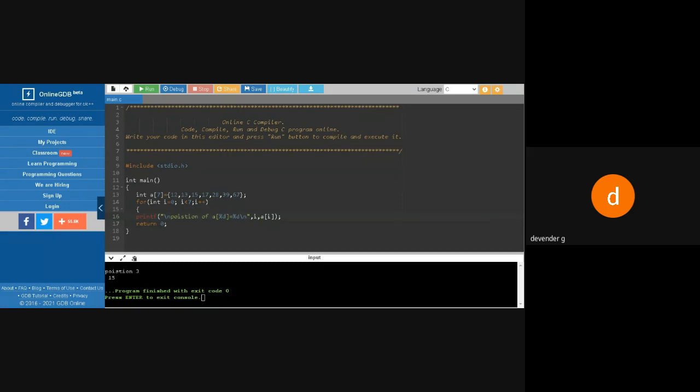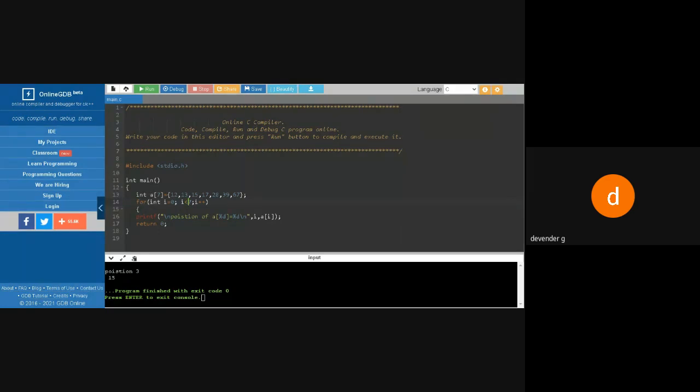What I want is each and every element with its position. What is the position of 12? What is the position of 13? What is the position of 15? I want to print on the screen along with the values. At first position, what is the value? At second position, what is the value? I want it like that. So I start from 0 and end with 6. Why 6? Because the number of elements is 7, but the array index starts from 0, so we have 0, 1, 2, 3, 4, 5, 6. So I am saying less than 7, that means from 0 to 6.